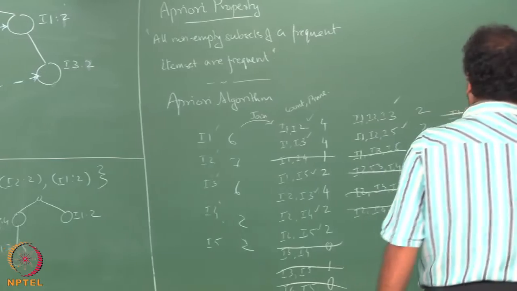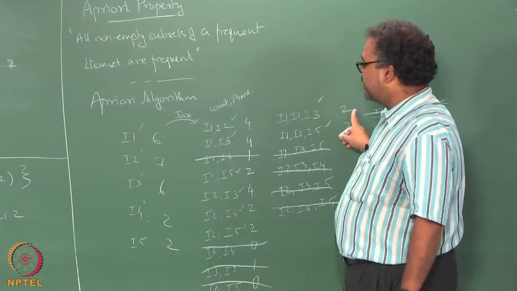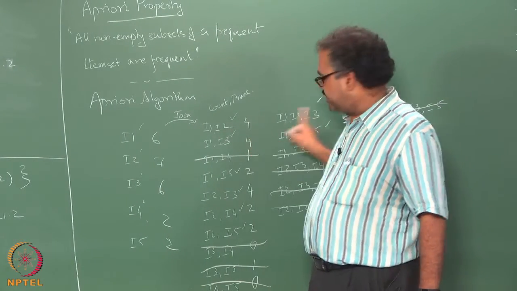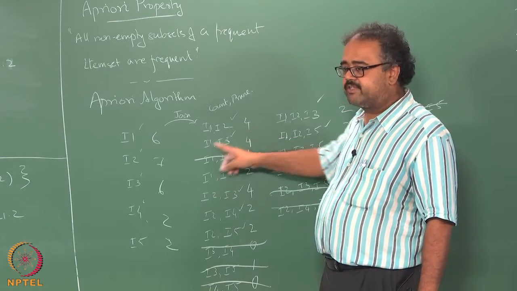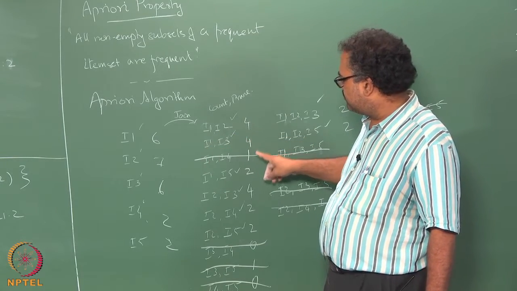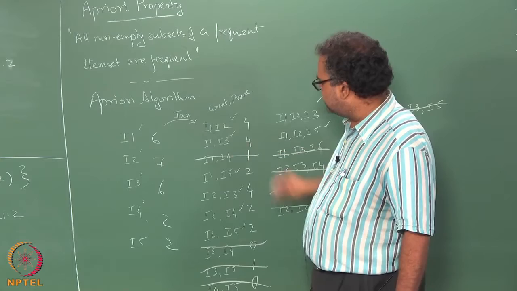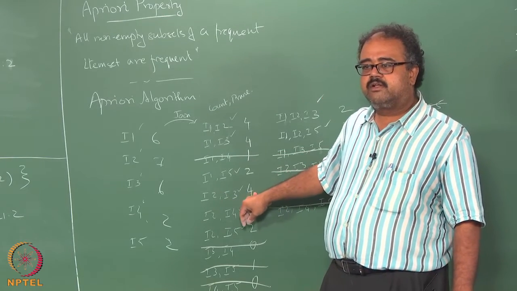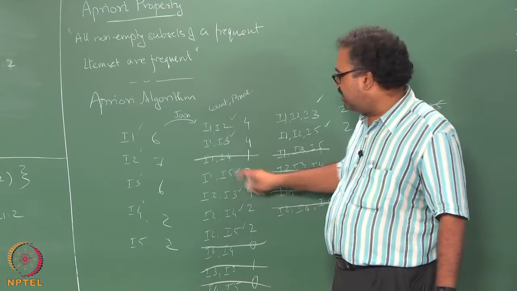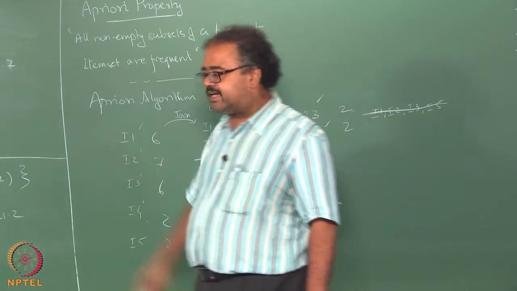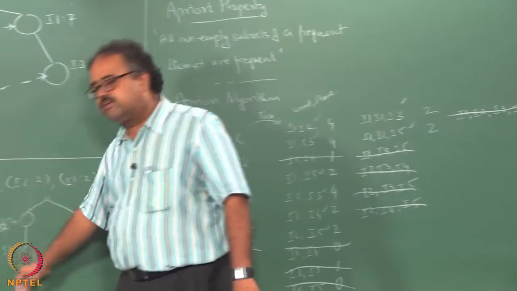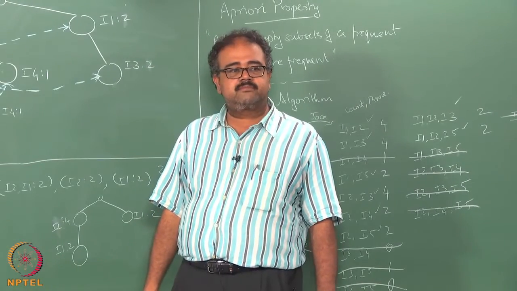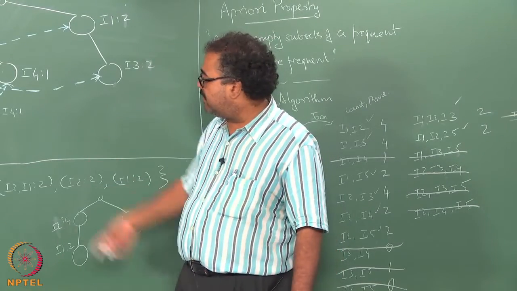So we can check whether that is correct. I1, I2, I3 has a frequency of 2, I1, I2 has a frequency of 4, I1, I3 has a frequency of 4, I2, I3 has a frequency of 4. So whatever we counted, all the frequent item sets that contain I3 are done in one shot. Likewise you have to do one for I2 now,